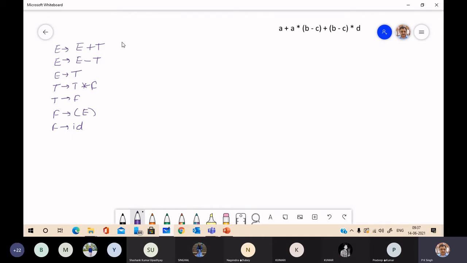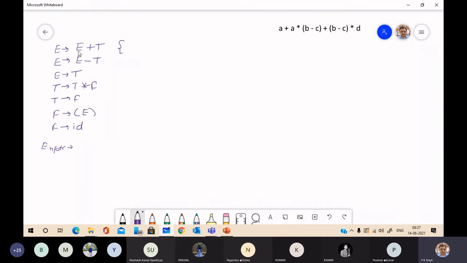Now we have to associate semantic rules. We'll use a synthesized attribute with each non-terminal, like the synthesized attribute E dot nptr, which will say about the return pointer.